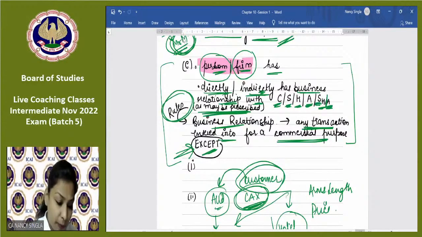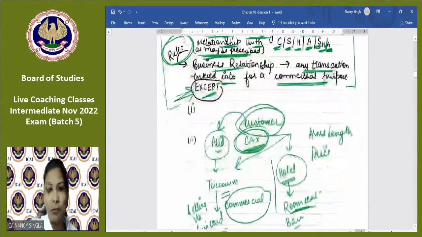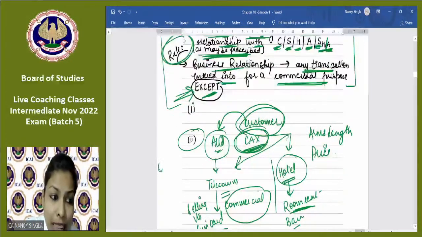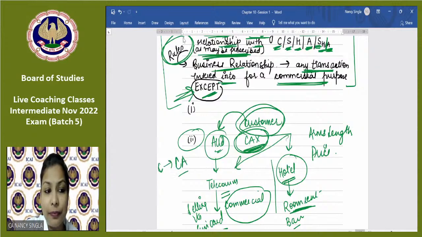ठीक है. सो इफ बेसिकली पॉइंट नंबर 2 ऑफ एक्सेप्शन अभी मैंने कवर किया, एंड इट सेज दैट इफ द कंपनी इज गिविंग एनी सर्विस टू CA, है ना, and the CA is taking that service as a customer, and that is at an arm's length price. Arm's length price is what? At a distance. That is at a price at which it will be available to a third party, to an unrelated person. उसी price पे मिल रहा है, then that will not be considered as a business relationship for the purpose of this clause. Clear? So this was point number 2 of exception.